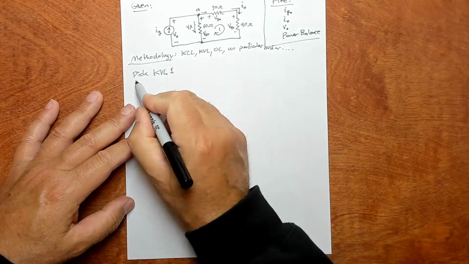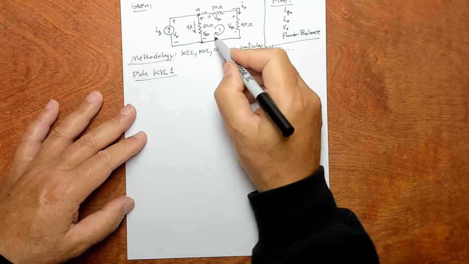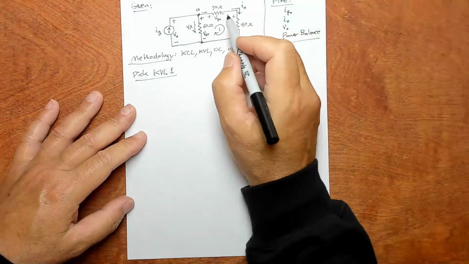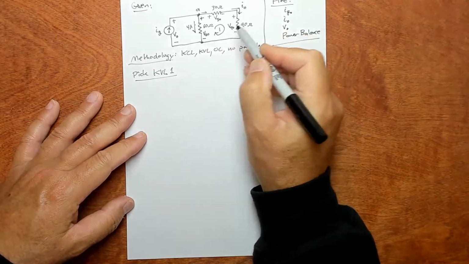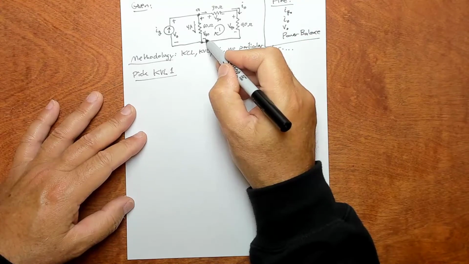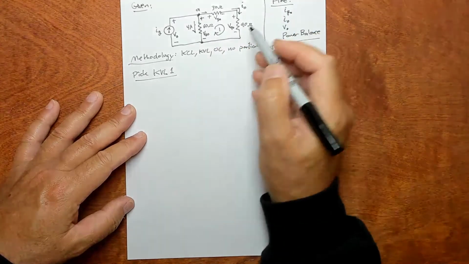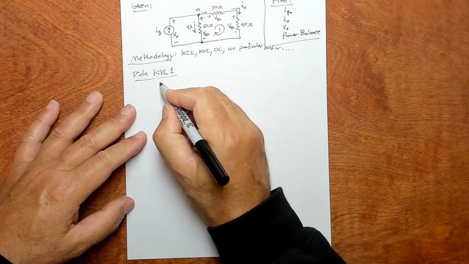So we'll pick KVL1. The way you do KVL is you go around, you choose a direction, and the best direction to choose is the direction of the current. Go around that way, and if you come into a negative sign, it's a negative term, and if you come into a positive sign, it's a positive term. So we end up with